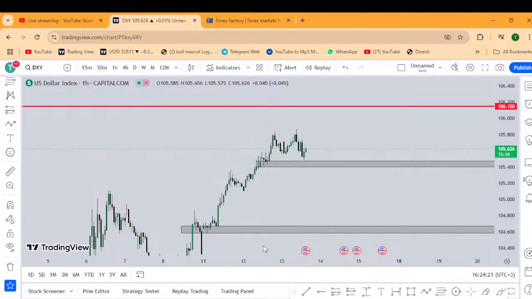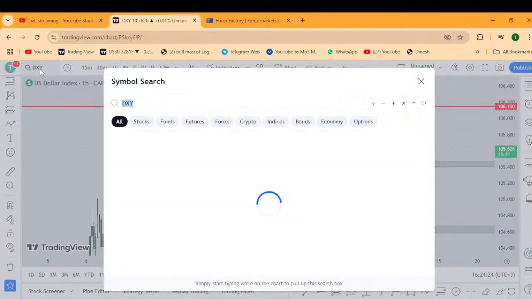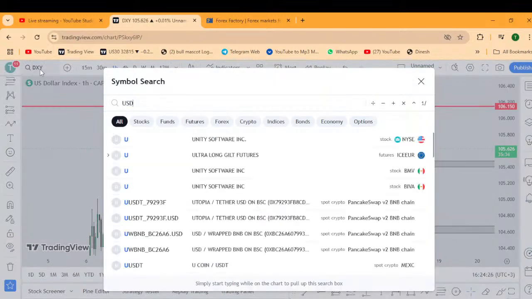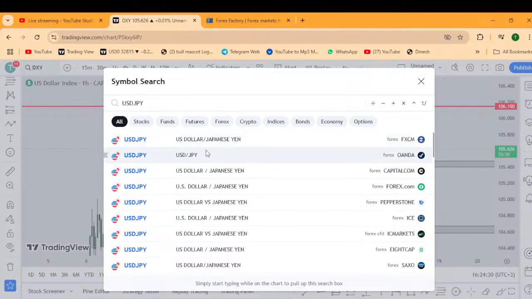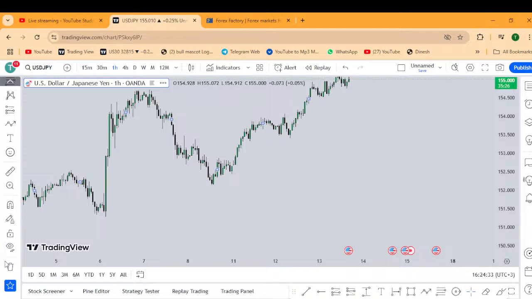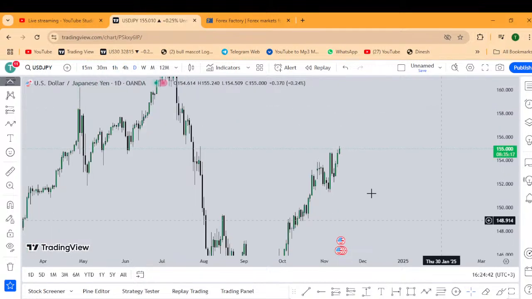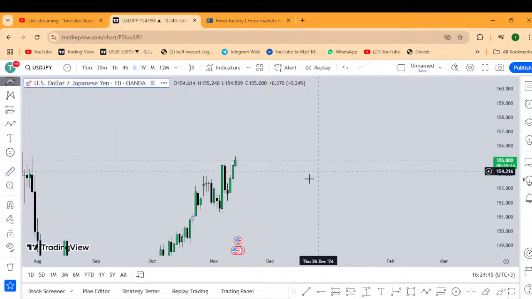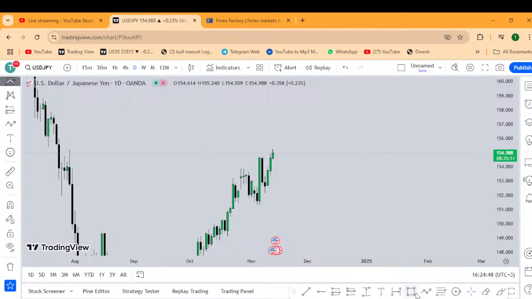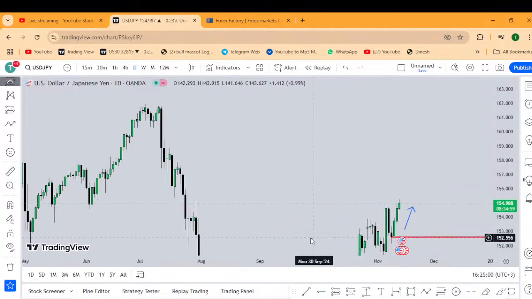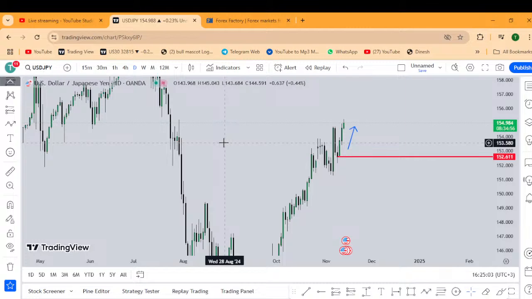Now let's use these 5 minutes to break down any pair, like the USD JPY. So this is the USDJPY. We are going to first use the daily setup. On the USDJPY, we are seeing that we have some big momentum here. That was an indication there is an expansion here. This expansion is an indication that below this zone, it is an area of strong what? Strong buyers. And also, if you look at this trend, it's a strong bullish trend.